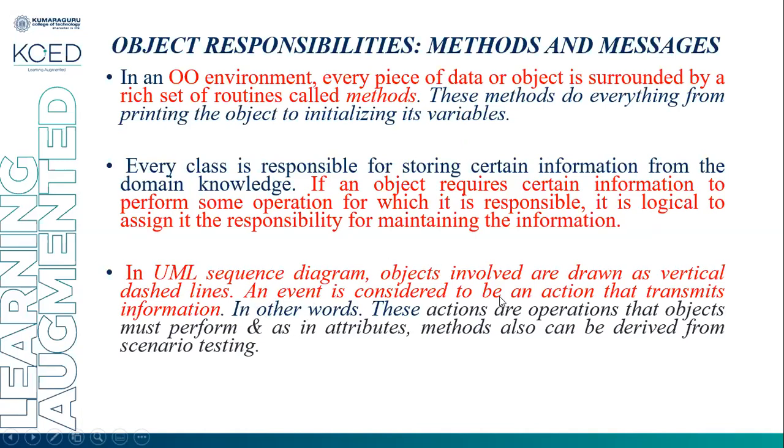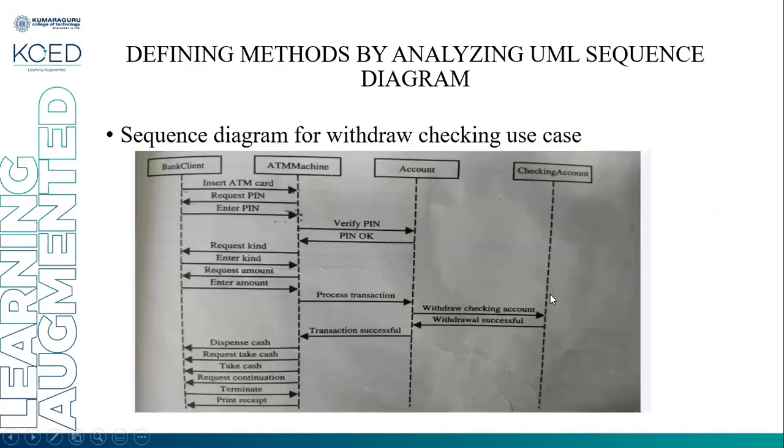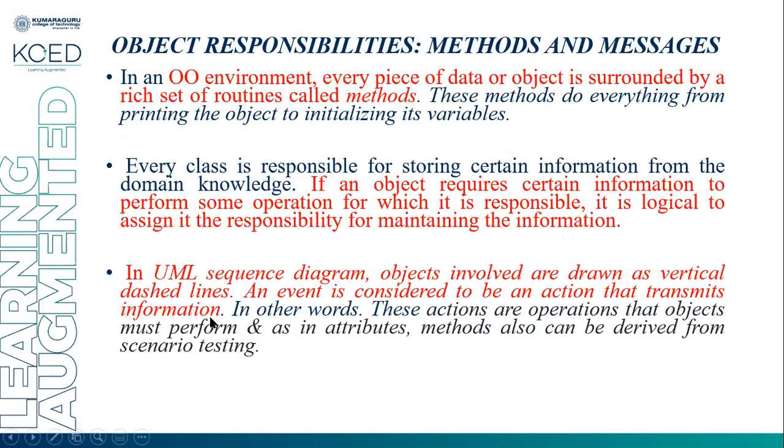An event is considered to be an action that transmits information. For example, the event of inserting an ATM card means a bank client inserts an ATM card, which transmits information to another object, the ATM machine. In other words, these actions are operations that the object must perform, as attributes and methods,